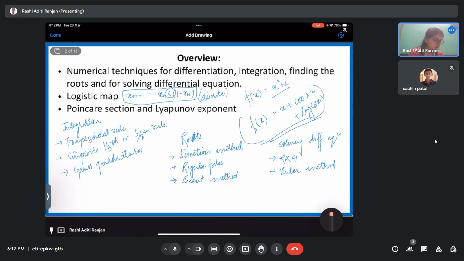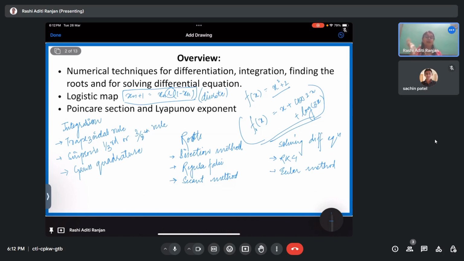And then discussion about the Lyapunov exponent was made. So the Lyapunov exponent is essentially used in order to quantify the chaos. For example, if my Poincare section is a random distribution of points in the phase plane, then that is chaos. But is it guaranteed? Is a visual representation enough